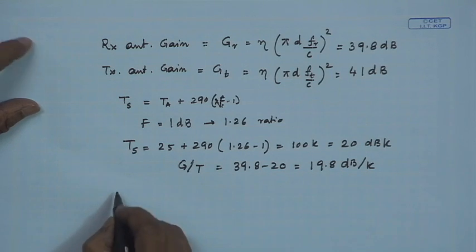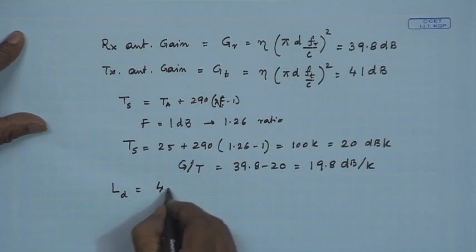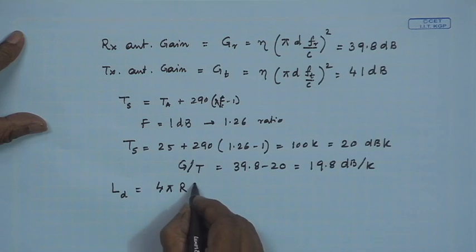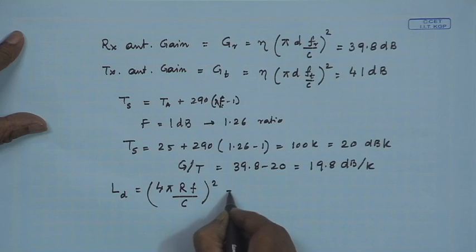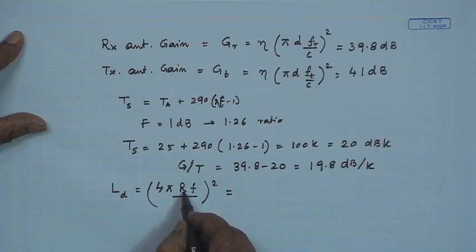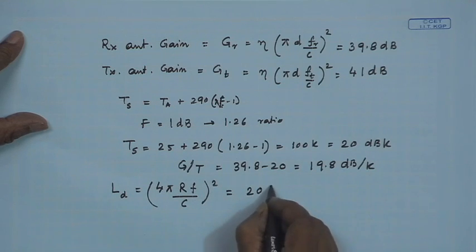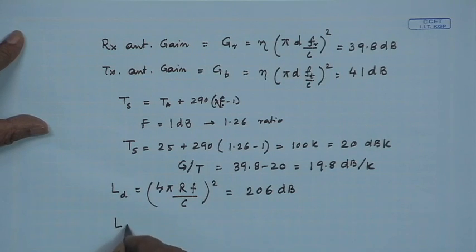Now let us calculate the losses. The downlink loss is (4 pi R F by C) whole squared, where R is the range, which is in kilometer. It was given 40,000 kilometer. You have to convert into meter because C you will take in meter, and this F is in hertz. So with all these things, with log you will get a number as 206 dB approximately,